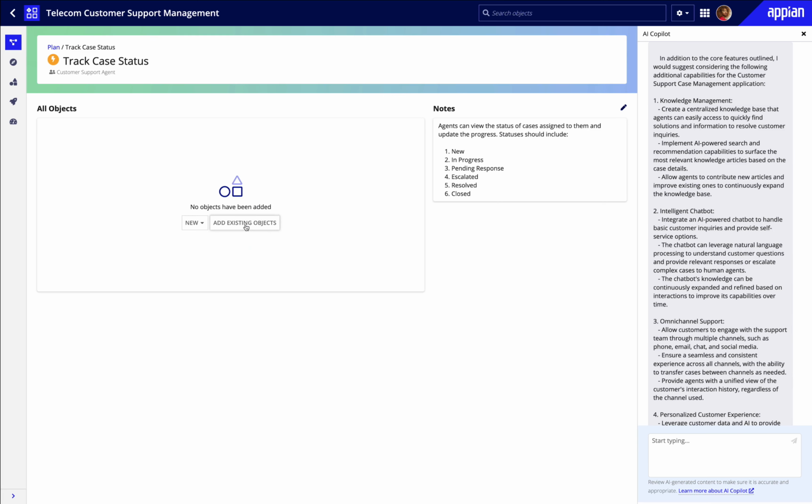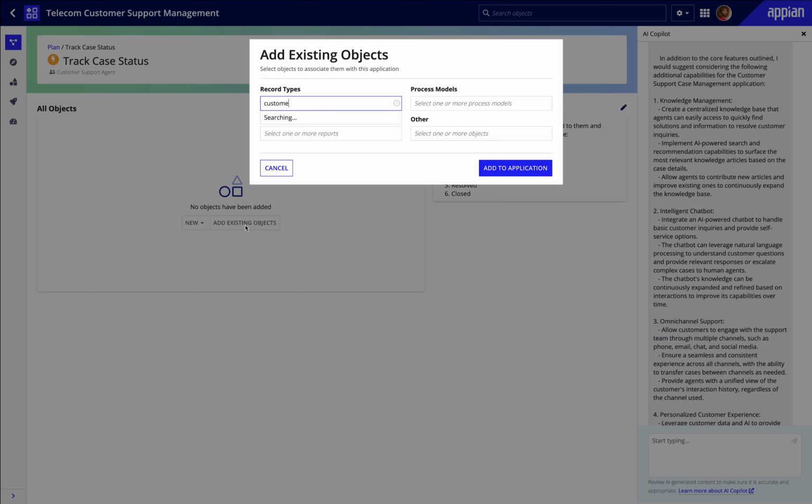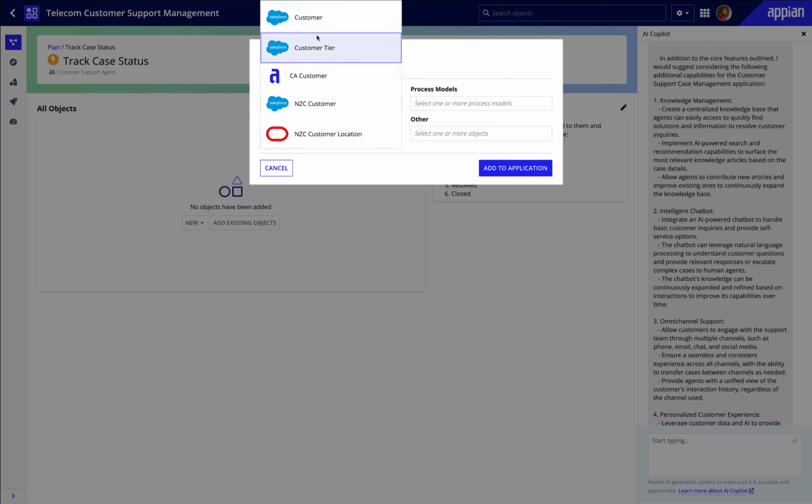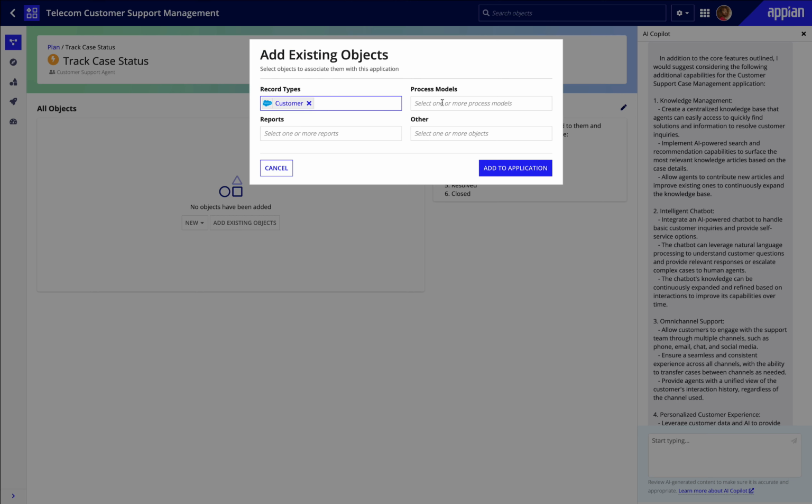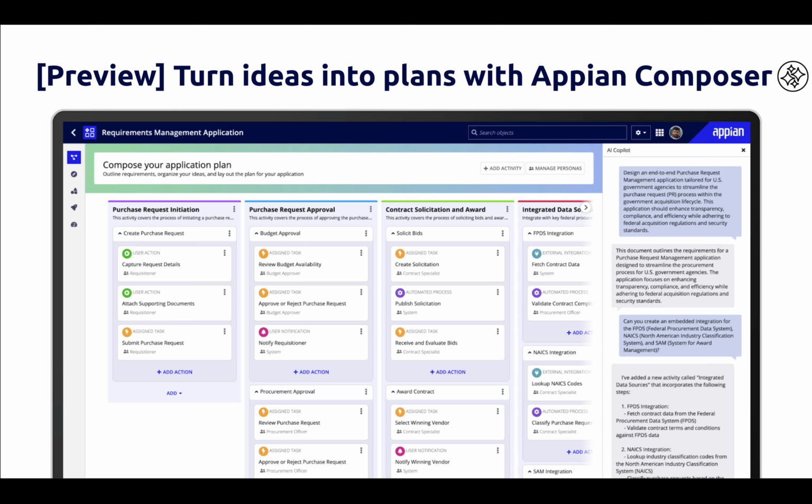Composer isn't just for new applications. Create plans for existing apps by linking design objects to your requirements, making it easier for new developers to onboard and quickly understand what the app does and how it was built. As Appian Composer evolves, its AI-driven capabilities will further enhance application development, integrating AI to help with key activities like data modeling, design, and object generation to help accelerate that journey from requirements to delivery of mission-critical applications.